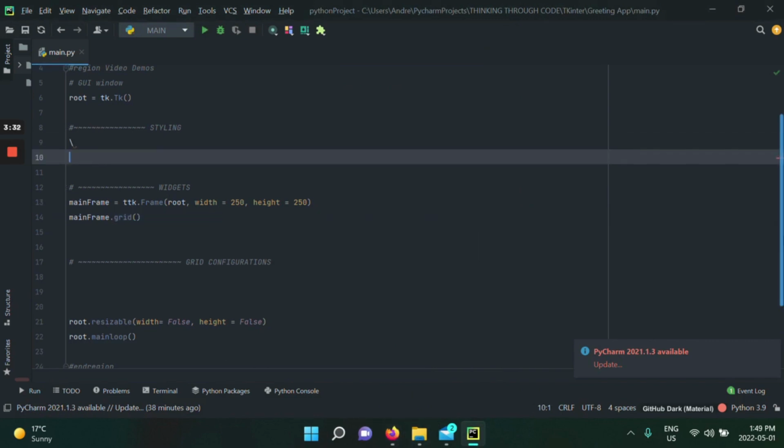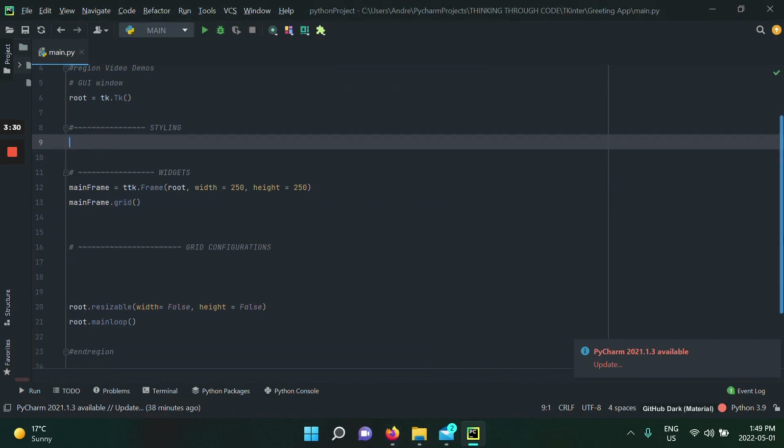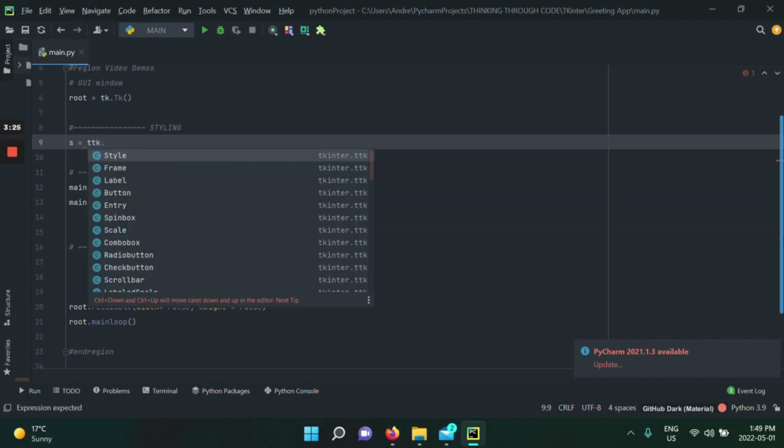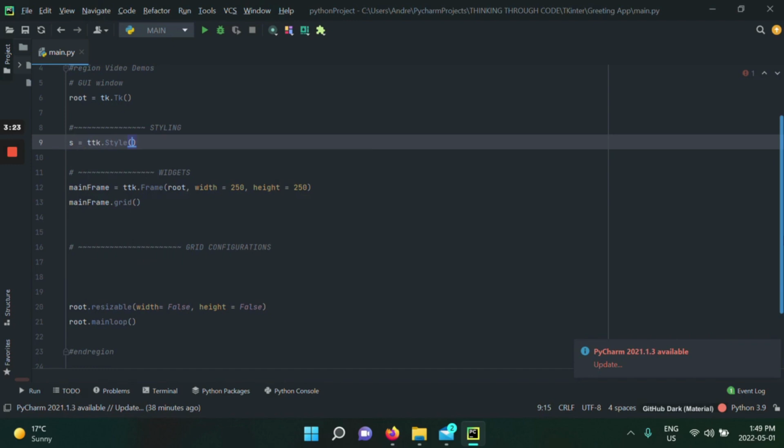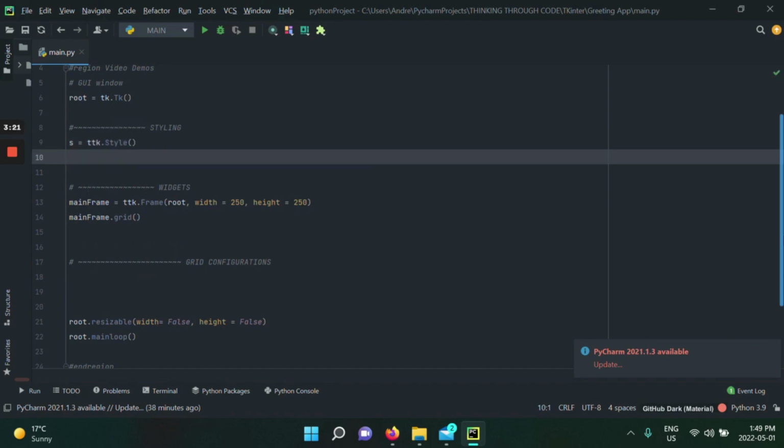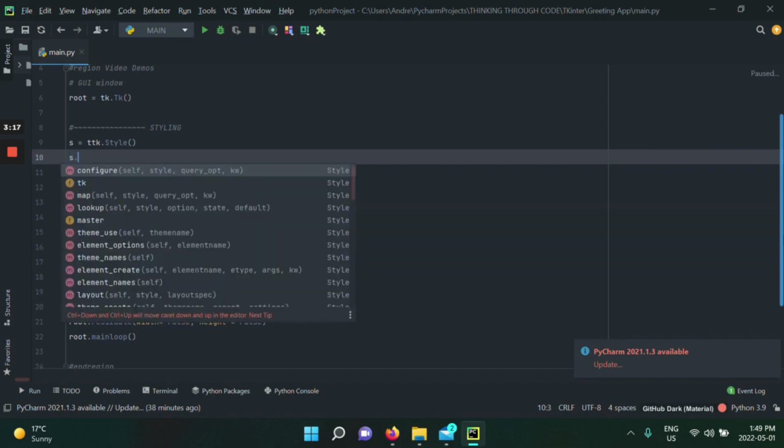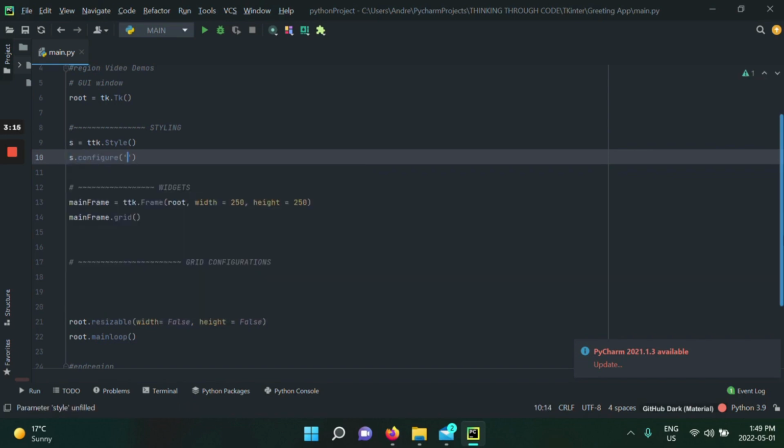And to do so, you already know we need to create an object from the style class. So ttk module dot operator, and we call our style class. Okay, so now that we have our object, we need to configure our style and associate it to our main frame. So s.configure. The name that we're going to give it is mainframe.TFrame, because we're dealing with a frame, and